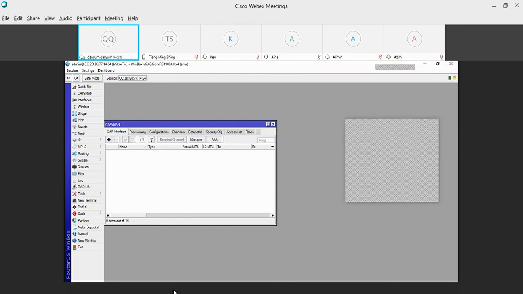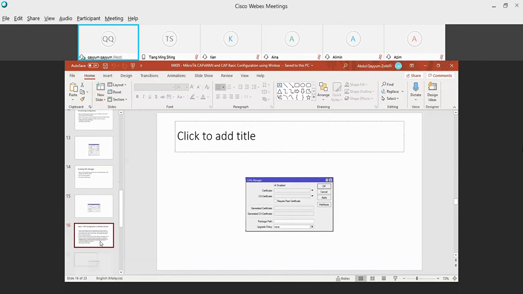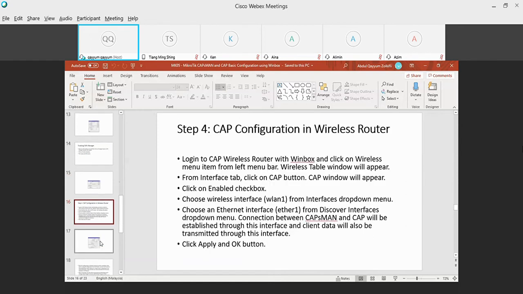So this is the CAPsMAN manager part. Now you need to configure the CAP part. So now I will connect to my CAP.